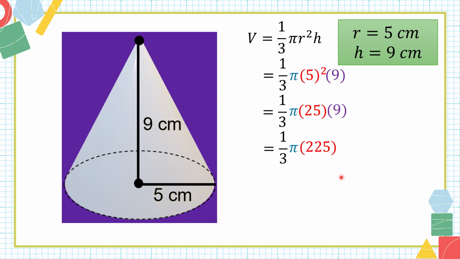because sometimes in the given problem, we are getting the volume of three-dimensional object or three-dimensional shape in terms of pi, specifically when we are talking about cone and sphere. So let us multiply 1/3 and 225. 1/3 times 225, the answer is 225/3. And then we will multiply it by pi.